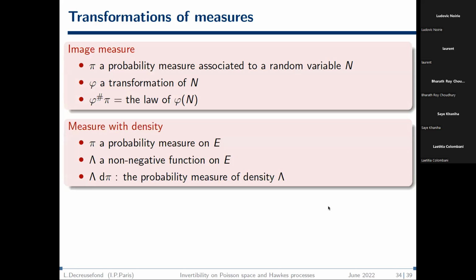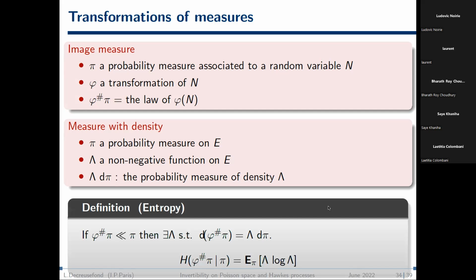I will skip this kind of thing. So when you have a measure, you have a probability associated to a random variable. You have a transformation of N, and phi-hashtag-pi is the law of phi of N. You have another way to modify the probability. You take pi, you take a non-negative function, and you consider the probability which has density lambda. And the entropy of